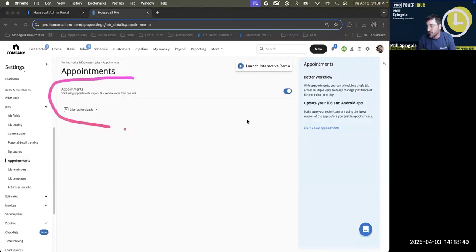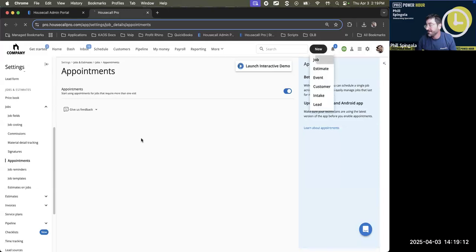Really, it's the only thing on this screen. It's the one switch to turn appointments on or off. It's up to you whether you want to use them or not. I like to keep them on just because I find them useful as opposed to doing segments like I mentioned earlier.